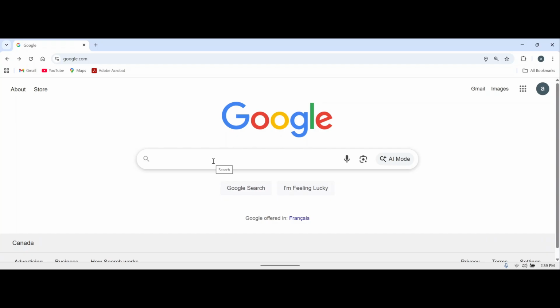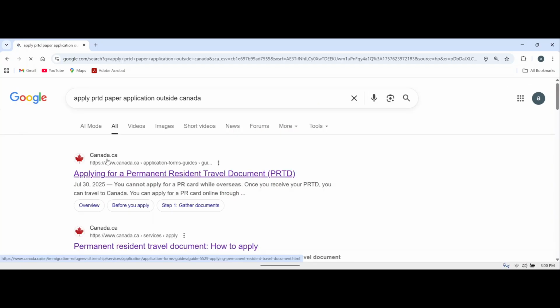First I need to write down here how to apply for a PRTD. Here you can see the first link, canada.ca, apply for permanent residence travel document. I already provided that link in my description box. If you want, you can open it directly through that link. So now I need to open that link,